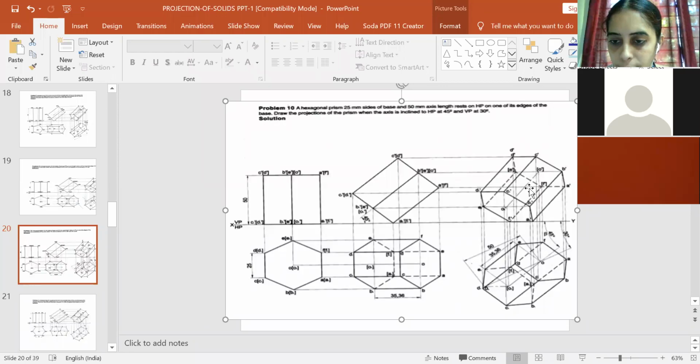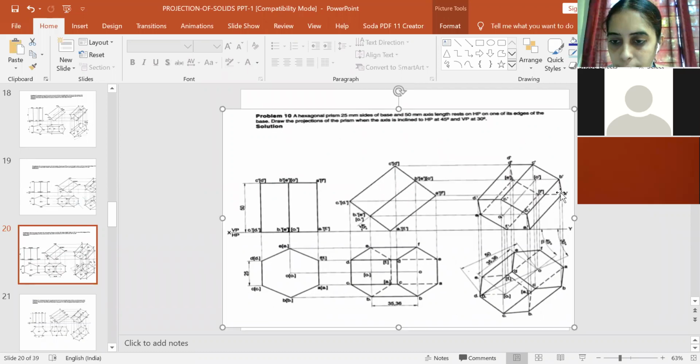Apart from these, you have the points connected to the other small edges of the base also. Since this is hidden, the projection coming from the hidden line will be hidden only. So here F1 dash to A, here F dash to A dash will be hidden, and again E dash to D dash will be hidden. Means the back two rectangular surfaces and three base edges will not be visible. When it is inclined in this position, these three surfaces will be visible, and these back surfaces will be hidden. So the projection coming through the back surfaces from these three corners also will be hidden.